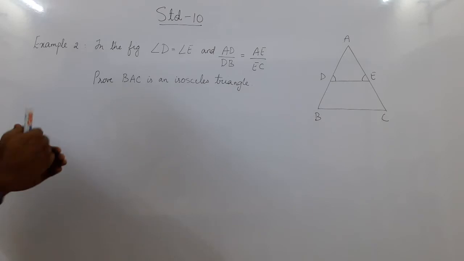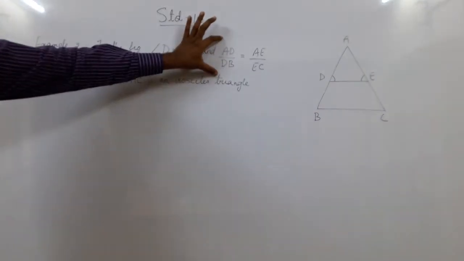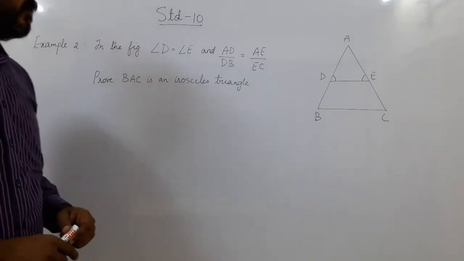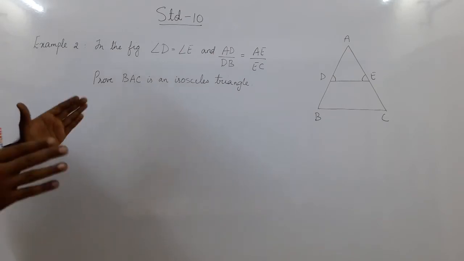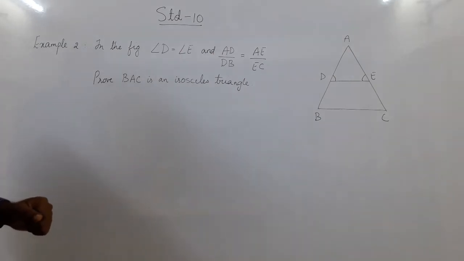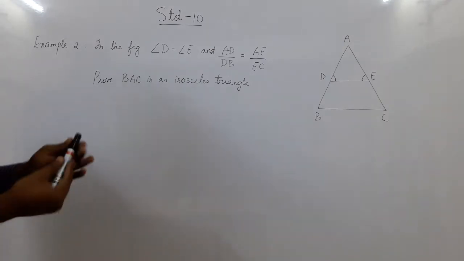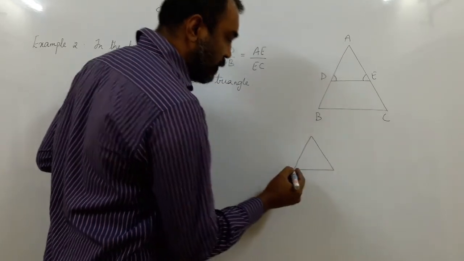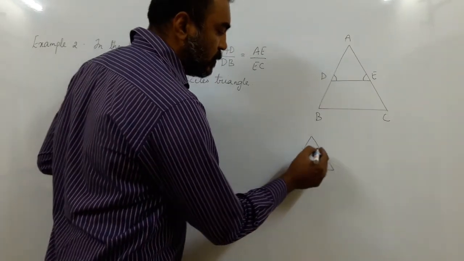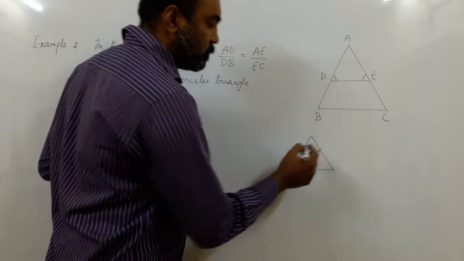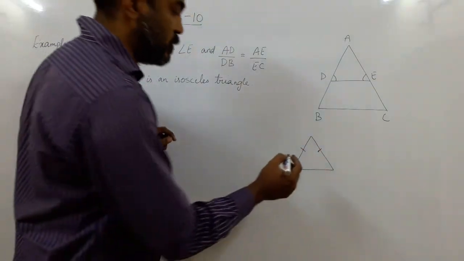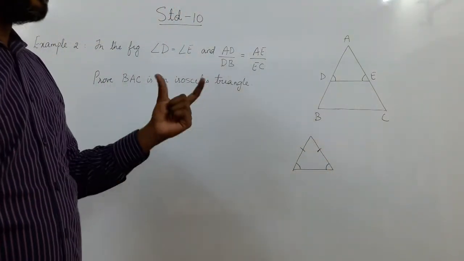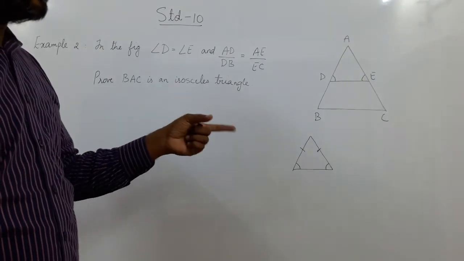What I am trying to tell you is, we are into similarity right now, talking about ratios, but in the 9th standard you have done quite a few theorems and I hope you remember them all. If you revise them daily and practice them, then your maths will be very, very strong. So what is the theorem? Just a basic revision. In the 9th we did two theorems. In an isosceles triangle, two sides are equal, and the theorem was: angles opposite to equal sides are equal.